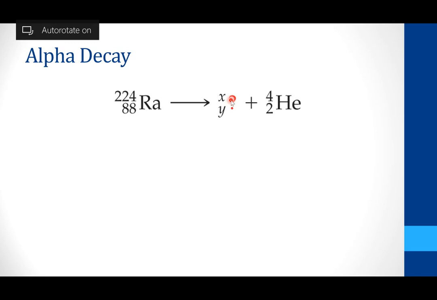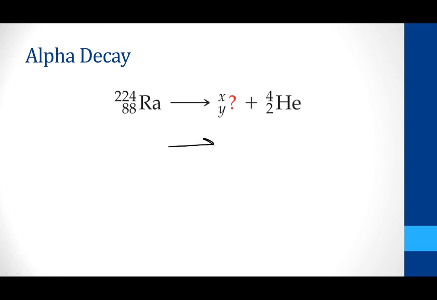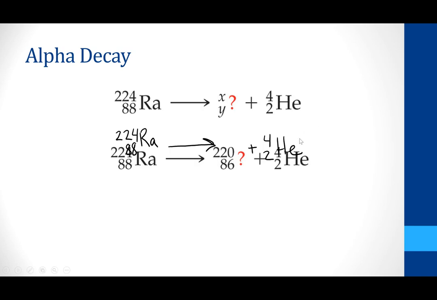Okay, so to write out this equation, I'm going to go ahead and put my reaction arrow. This right here is called the reaction arrow. I'm just going to rewrite what they gave me. Okay, so to decide what the new element is, if radium gets rid of 2 protons, so the alpha